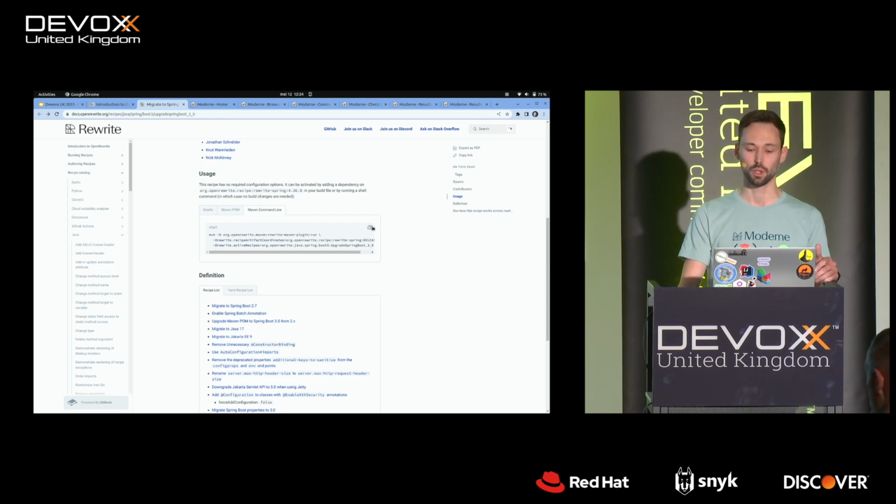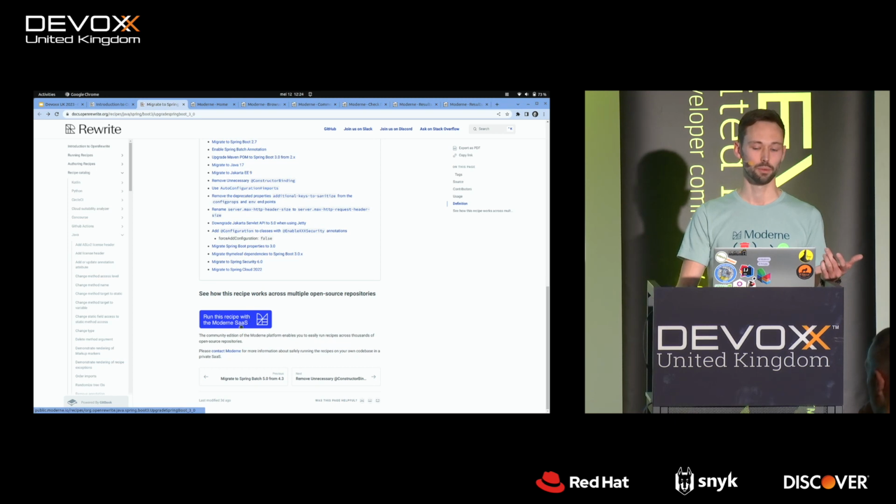You just copy this one command, you run it on your project, and your project will be migrated to Spring Boot 3. That looks pretty good, but it's not exactly fast. I've given a demo before just on the command line, but it takes a while and it doesn't look very good. So what I'm instead going to do is I'm going to take you towards our platform, which is at